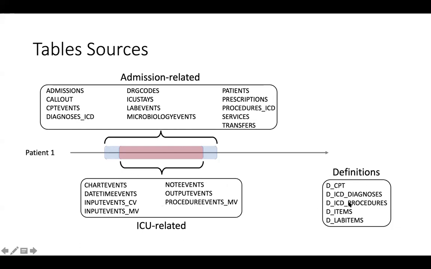So these two are the most relevant things that happen to you while you're in the ICU. And these are definitions. For example, D_ICD_diagnoses: this table contains codes like ICD-9, something called the ICD-9 diagnosis code. It's an international code, and the code is not legible by people. For example, ICD-9 code 401.9 is not something that people understand. So they go to the